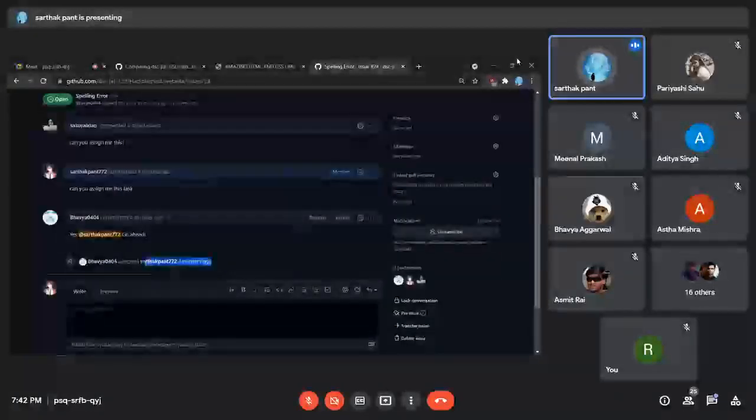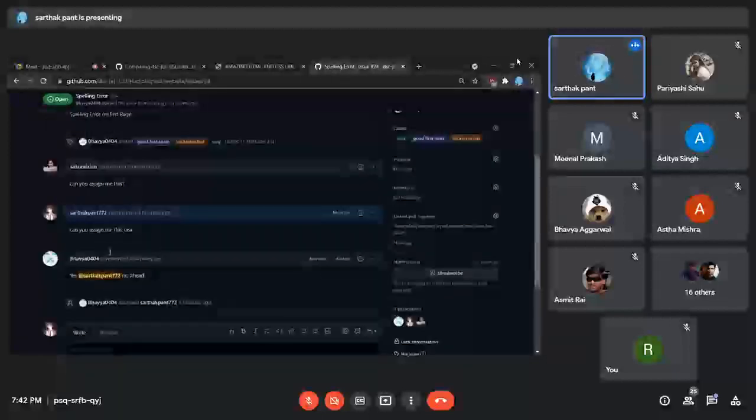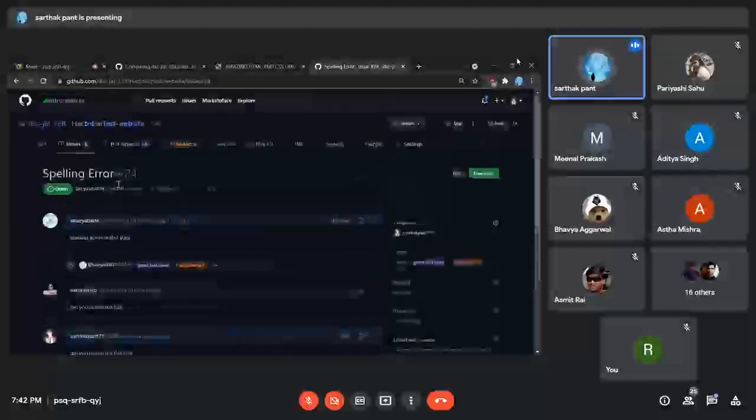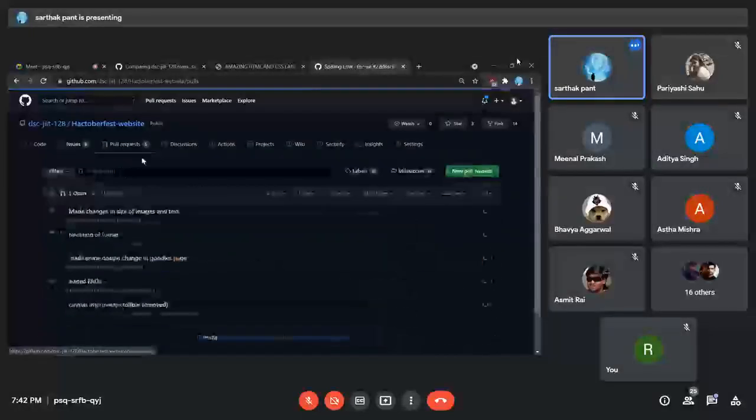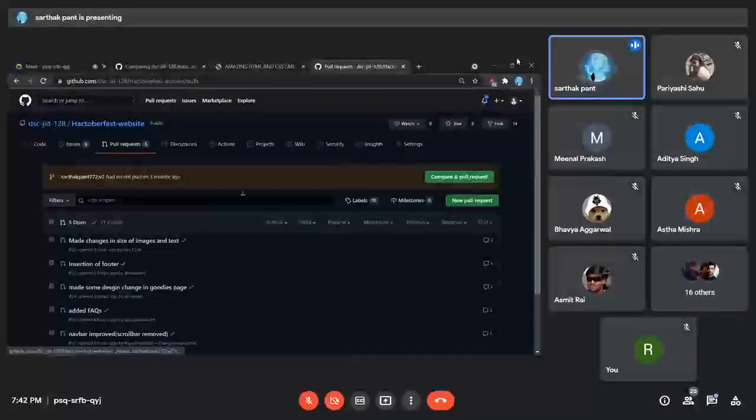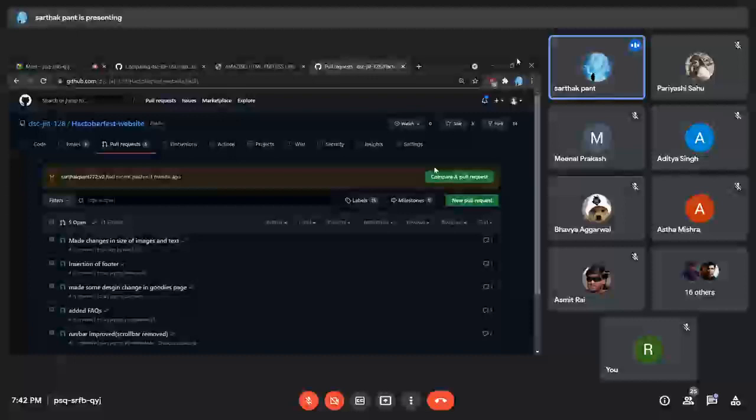How this will help is nobody else will be doing this task, and I will do it, and it will be very easy for me. This is a very easy error, but sometimes it may take you some hours, and by the time you make a pull request, you would know that someone else has already made a pull request because he was assigned that task. So that is why you need to make sure that you are getting assigned that task.